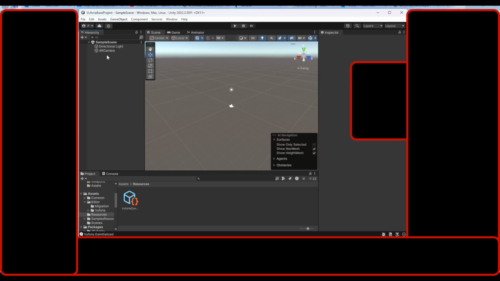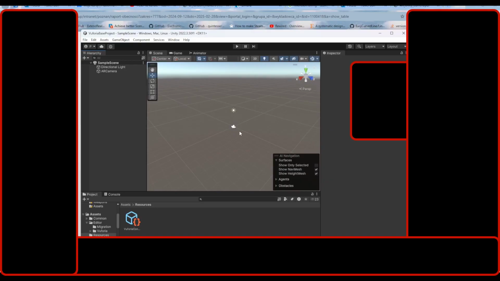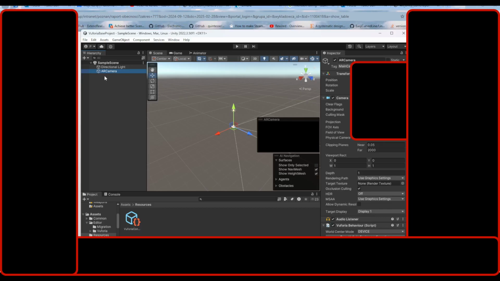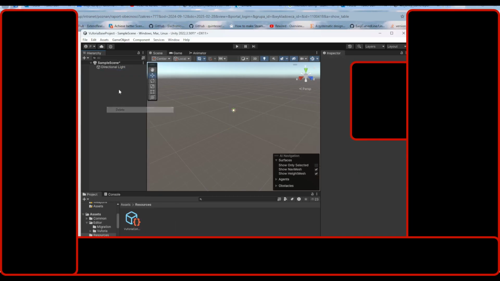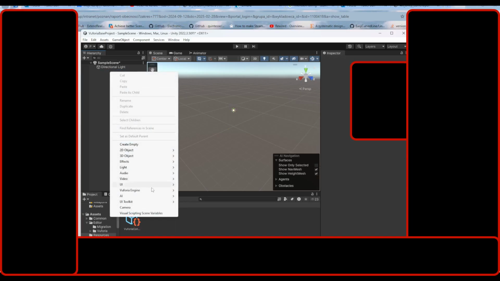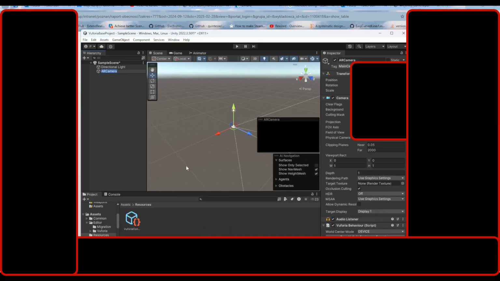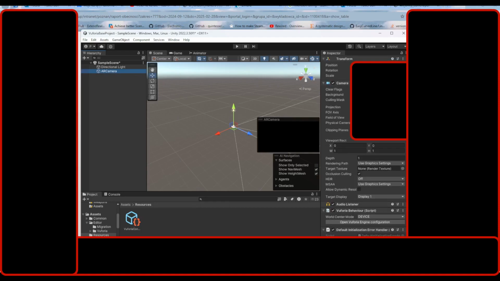Let's say that we have a simple scene such as this. Basically, right now there is nothing. We've got just an AR camera that can be created really easy because you just right click, choose Vuforia engine and AR camera, and it's already configured properly. When we have this AR camera in our scene, when we press play button,